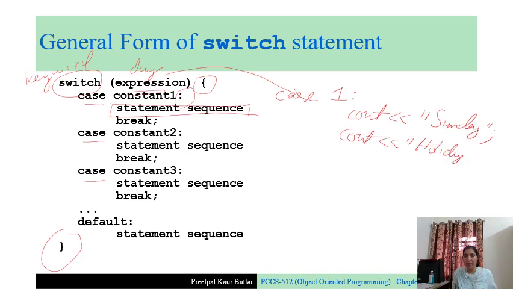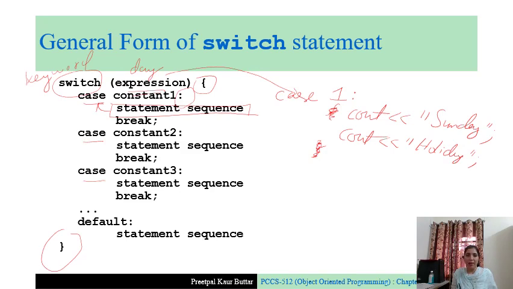Holiday. And you do not need to put these inside braces. It is automatically understood that the set of statements after the colon come under this case. So you do not need the curly braces. You can freely put as many statements as you want under a particular case.